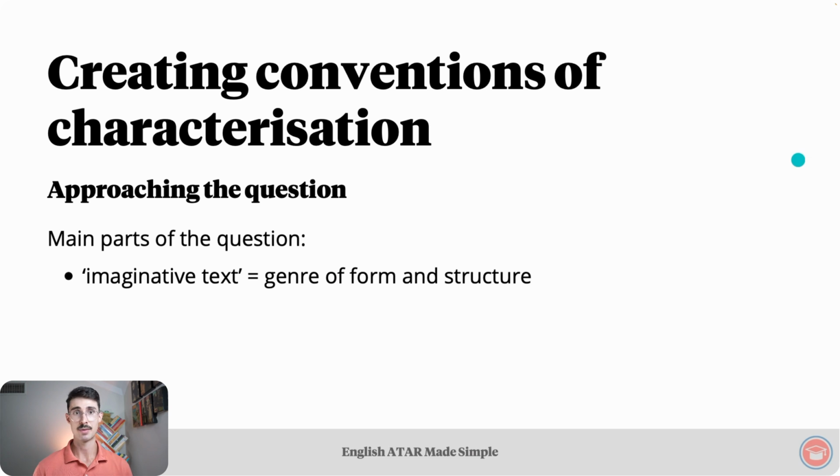Firstly, what are the main parts? One of the main parts is the term imaginative text, which tells us that the genre of form and structure of the text that we create must fall within the general category of an imaginative text. For instance, a short story, that would be the main option, but you could also write the beginning of a